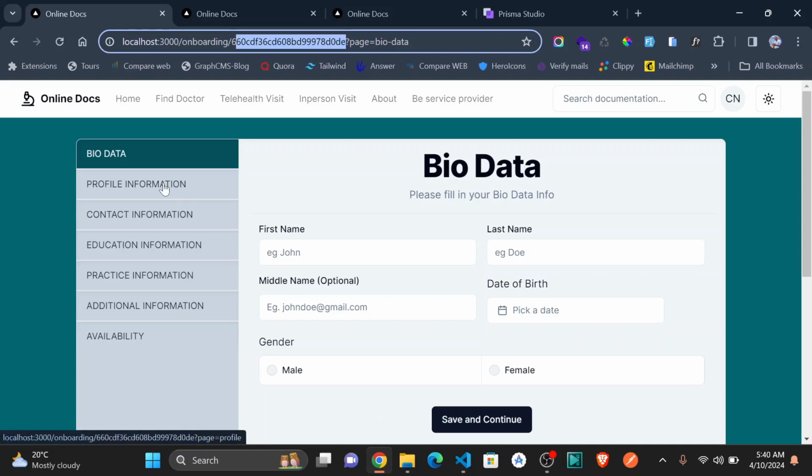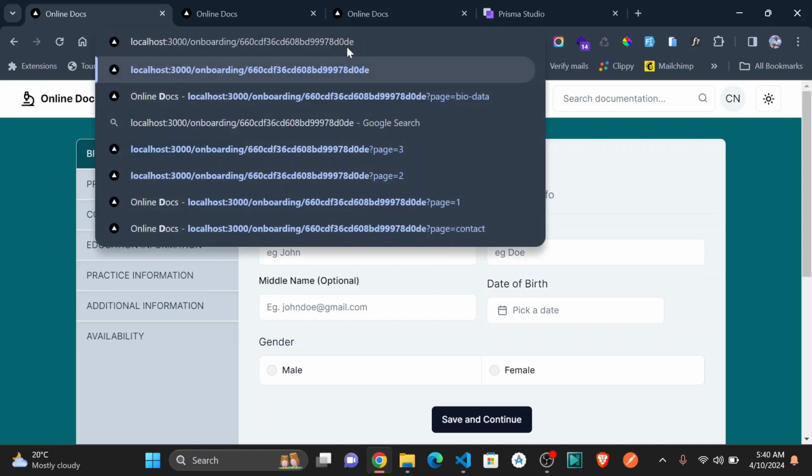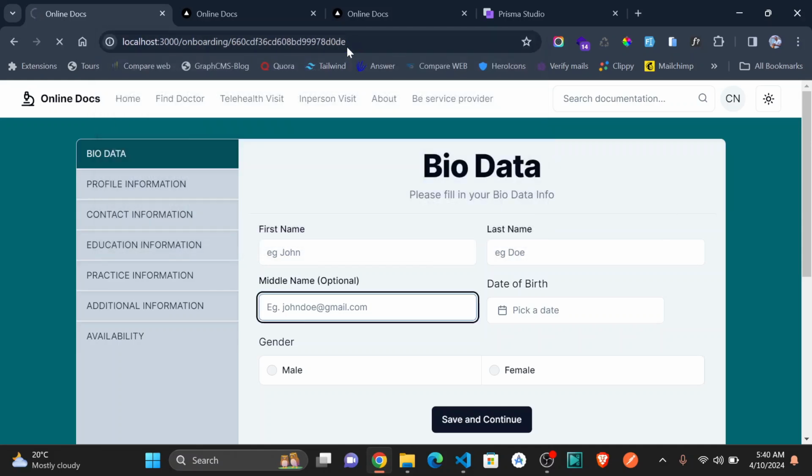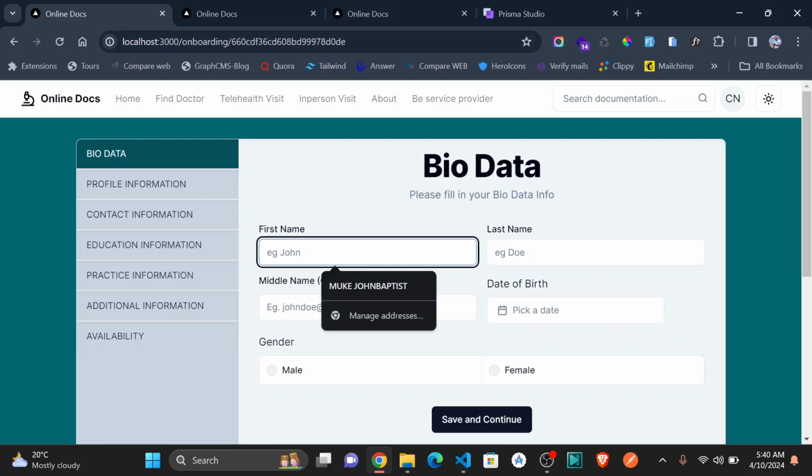So when he reaches the first form, which is the biodata, and by the way, that's why you see here, even if you don't have this and you refresh, you must at least be taken to the biodata because it is the default. So he was redirected onto the biodata, and now on this step he is going to fill in his first